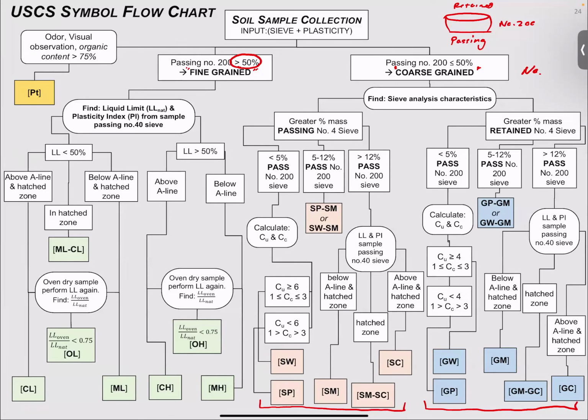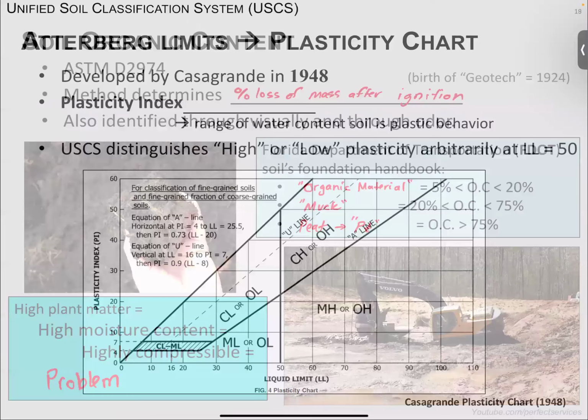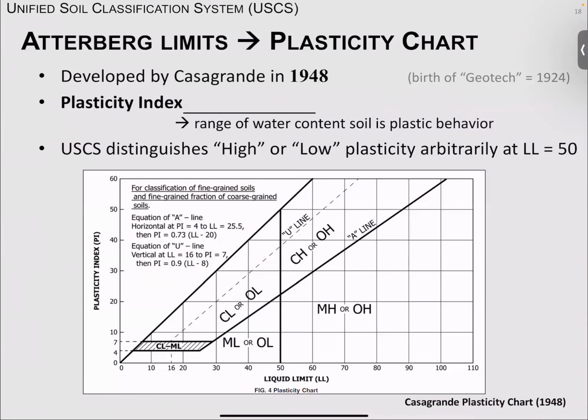If we have a fine grain material, then the thing that we look for is the plasticity chart, which is the Casagrande plasticity chart, which we showed here. We can go straight to this, and this is where the Atterberg limits, which is a separate test, would need to be determined, where we determine the liquid limit, and then we can calculate the plasticity index. So the plasticity index is calculated as the